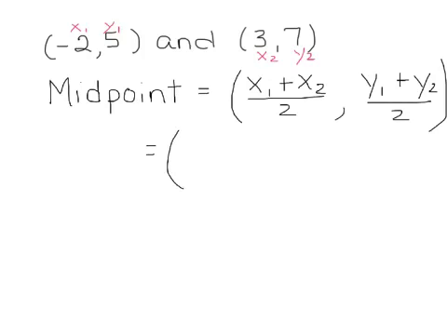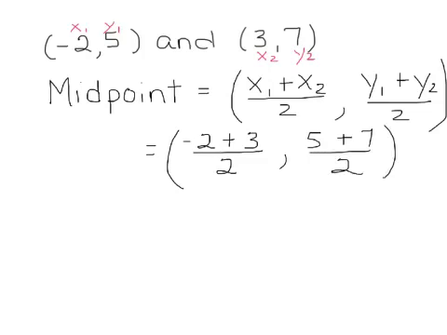So the midpoint is going to be the average of the two x's. So we'll take our x1, which is -2, and add it to our x2, which is 3. Be careful, because usually with the distance formula and slope we're subtracting, but here we're adding, and that's going to be divided by 2. Then for the y-coordinate, we'll take our y's, the 5 plus 7, and find their average by adding them and dividing by 2. So for the x-coordinate, negative 2 plus 3 would give us a 1